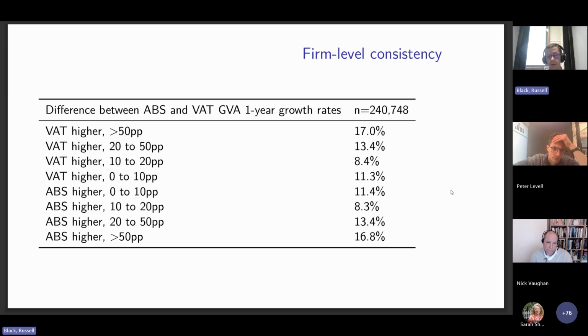The best that can be said for this is that it's quite symmetric. We have as many firms that disagree positively as we have that disagree negatively. So if there is error, it's error that's washing out. It's error that's neutral. Given the assumptions that we're making, we're just going to deal with inventories by multiplying by a factor over time, that is definitely going to generate disagreement. We're not expecting agreement, but this is just to show you how much the disagreement is.